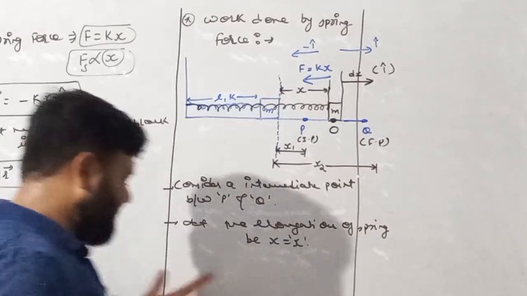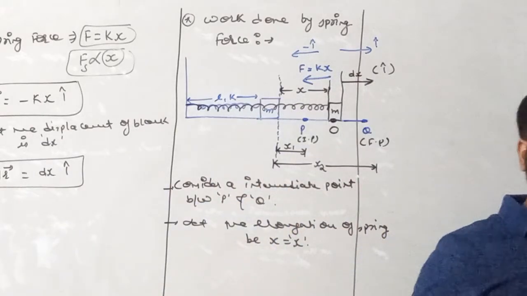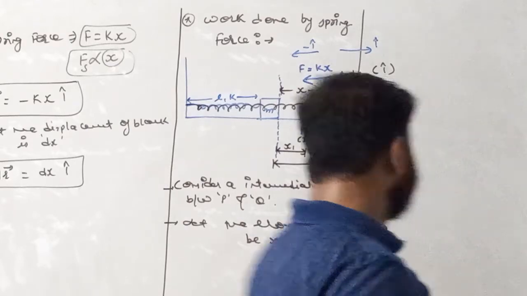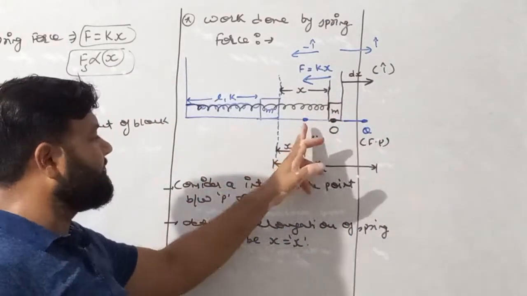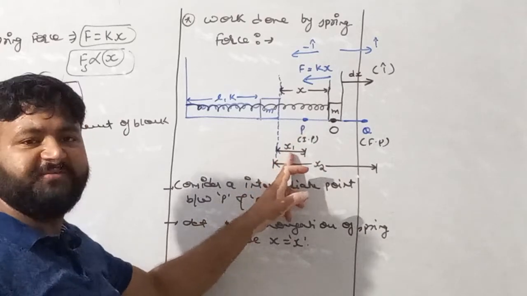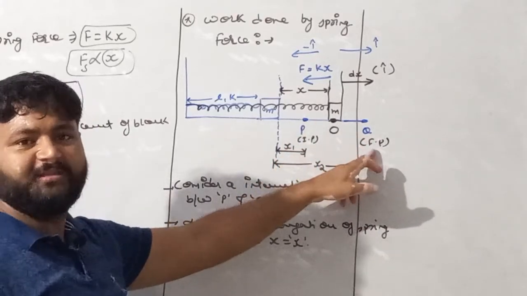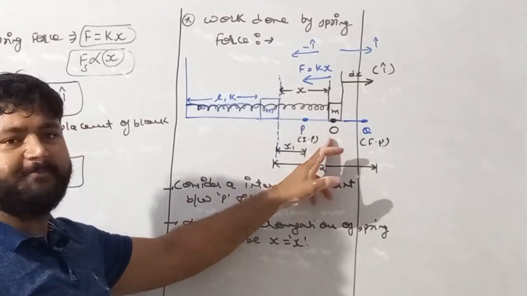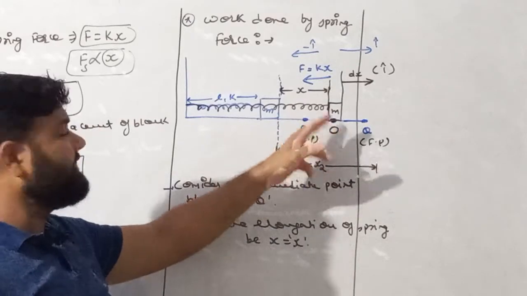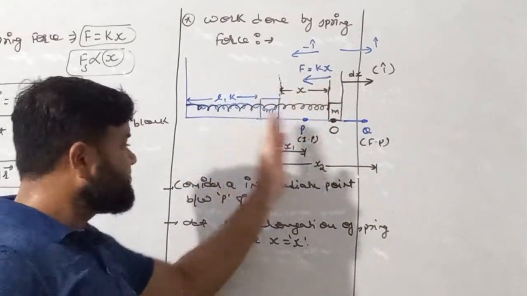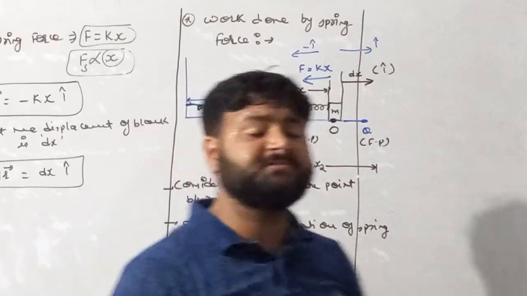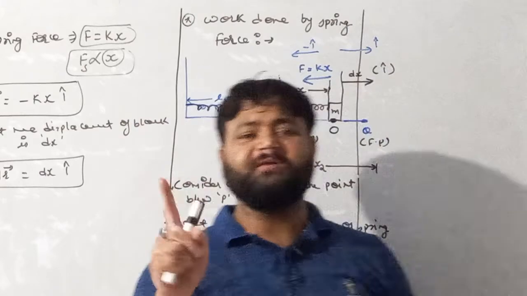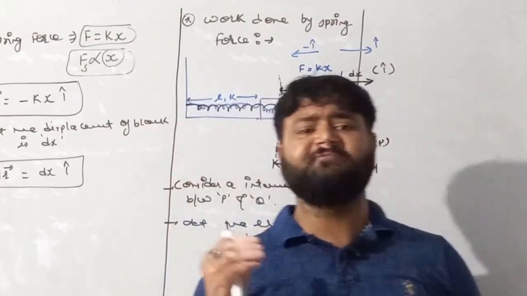Now see, if I am displacing very small, remember my dear student, if force is variable then we have to go for integration, and here force is variable. If this block is placed at P, then the value of force is F equals kx1. If it is placed at Q, then the spring force is F equals kx2. If the block is placed at point O, the spring force is F equals kx. So every point carries a different value of force, so we can say spring force is a variable force, and for variable force we cannot find work done directly.